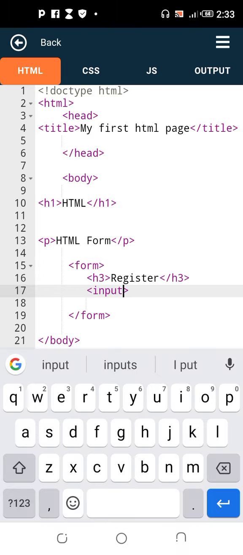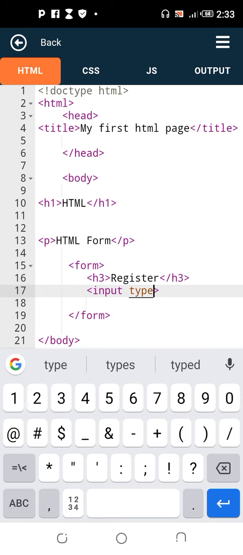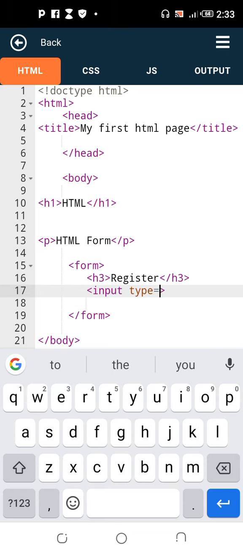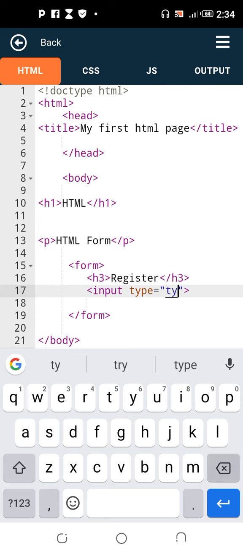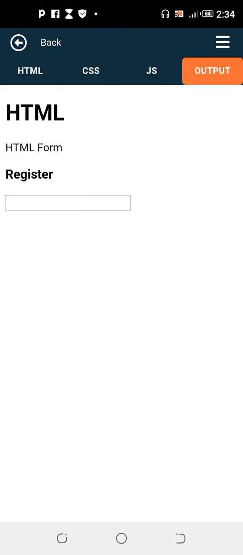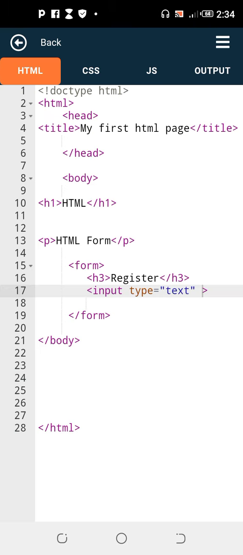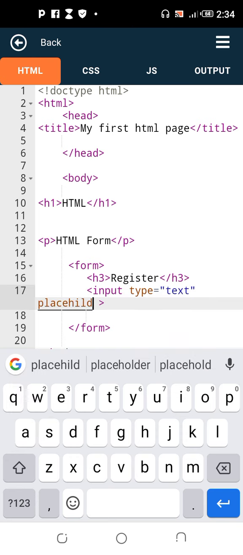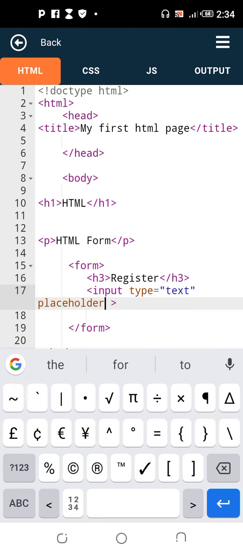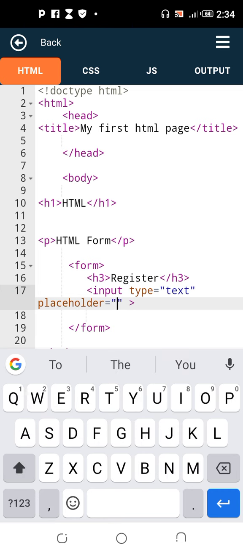So let's add some certain things to this form, and we're going to say the type of information we're collecting. For instance, we set input type equals to, and we're going to add a quotation mark and call it text. We're going to collect text, and then how will they be able to see and know that this is what I need to type into this field? So we're going to use something called placeholder. So just after the text, we put a placeholder and then set it equals to quotation mark and type in,